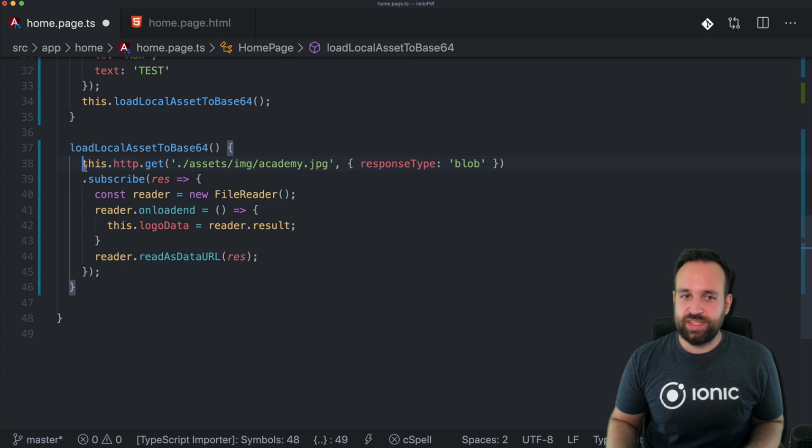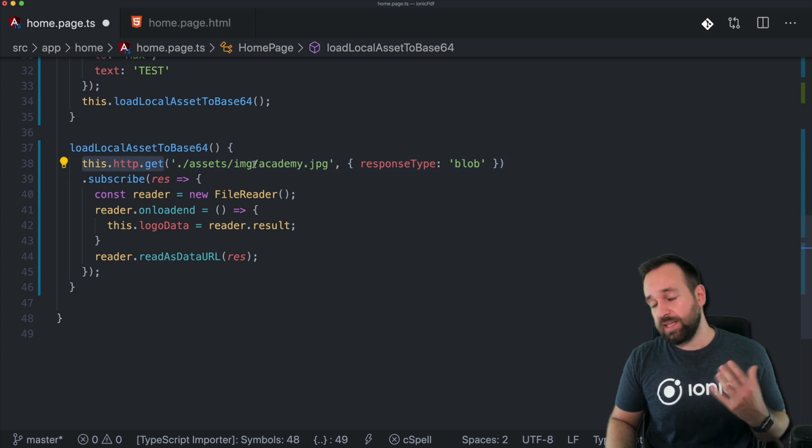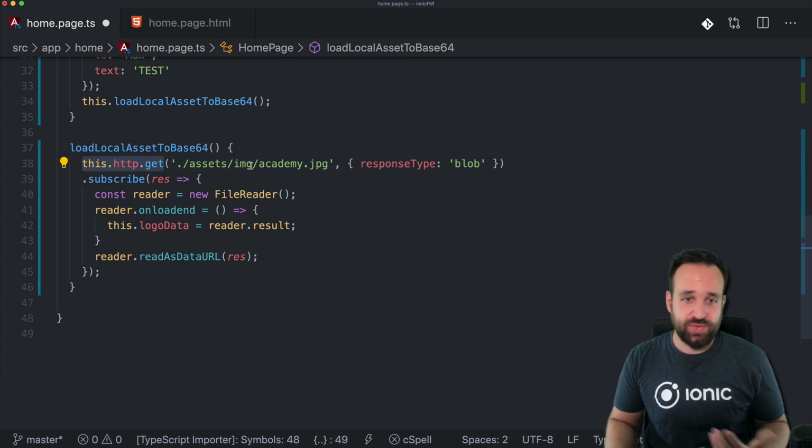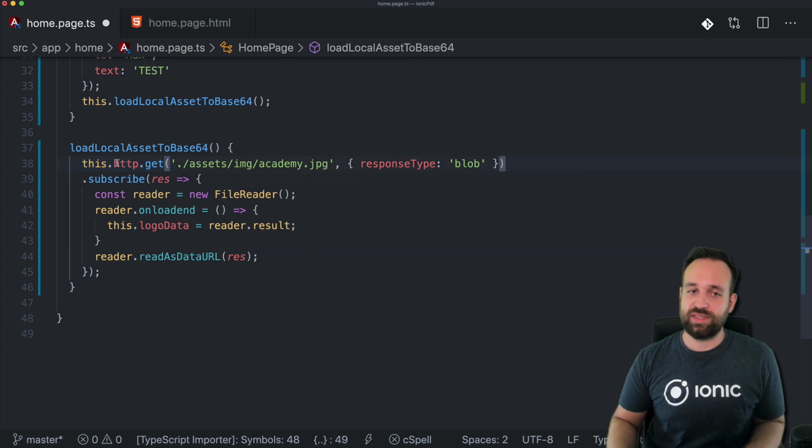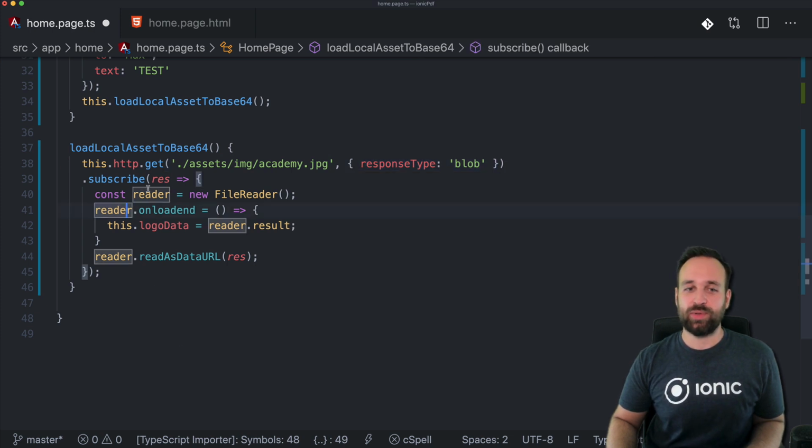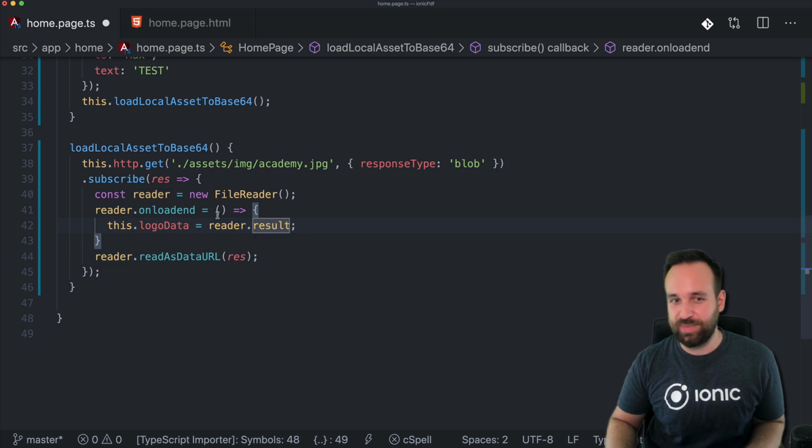So what we do, we use the HTTP to get a local file. You can also do this for JSON files and other files, always using the HTTP client. We will use the path to my file and the response type blob. And once we got that blob, we will also create a new file reader that will read our blob data and finally use the base64 that we get back from the reader